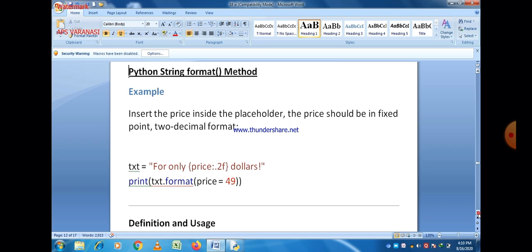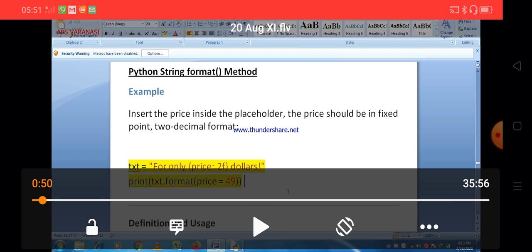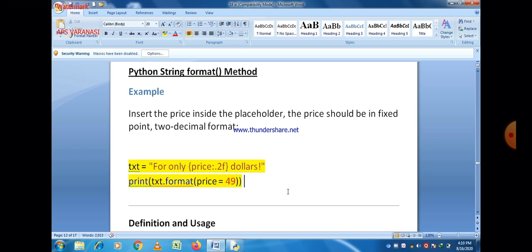First of all, suppose there is a text, txt, a variable. It contains the string "For only price: {price:.2f} dollars". Now there is a string, and you can easily see that within the curly braces, price is given, after that a colon sign, and then 2f.